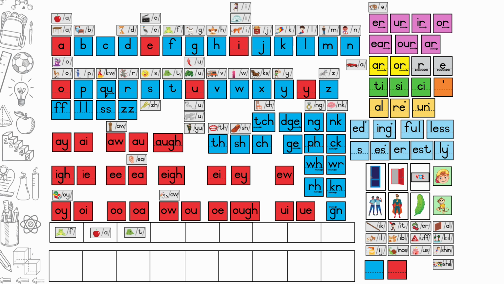Now convert the sounds into letters. We can all see that we have a short A vowel sound. That's why it's a closed syllable. Let's start writing. F, A, and T. You can let children do it in silence. You don't need to say out loud F-A-T. They can just convert the sound to the letter and build it on their boards.